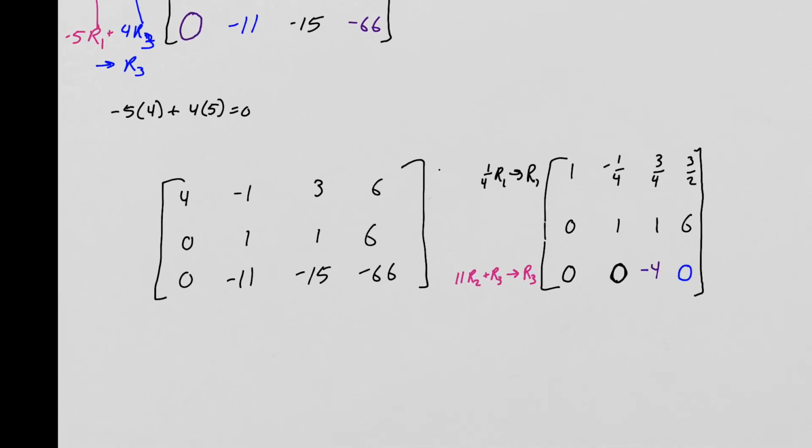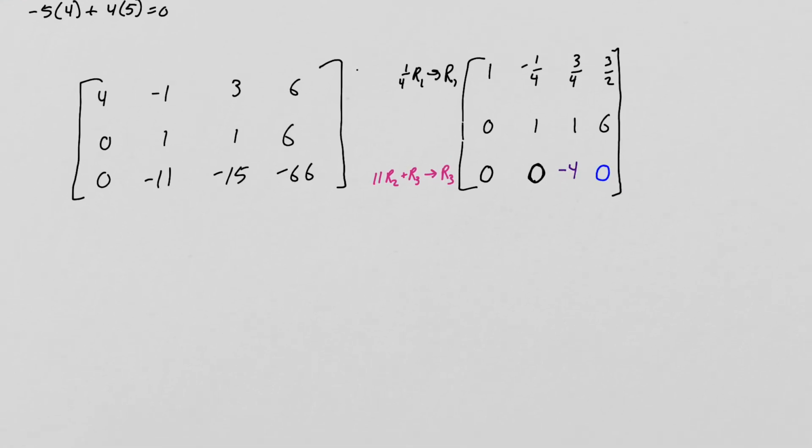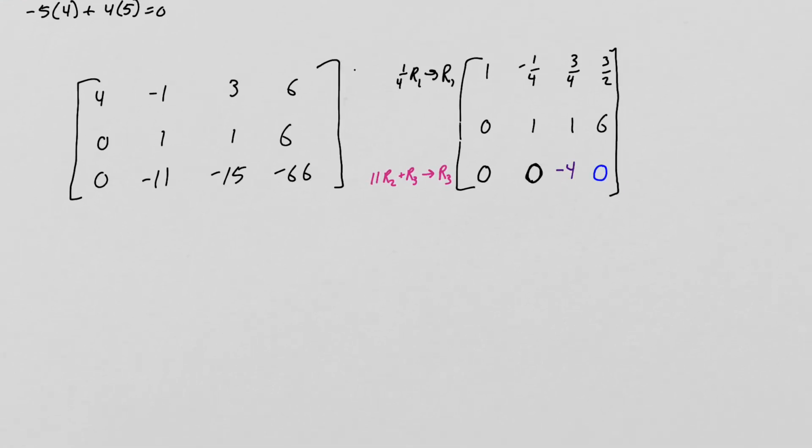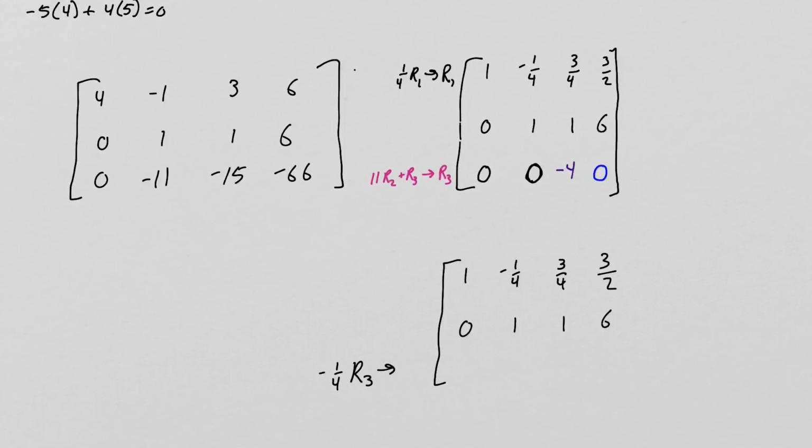We're almost in row echelon form. We just got to do one thing. We're just going to take this third line and multiply it by negative 1/4. But I have to be thorough and make this 1, negative 1/4, 3/4, 3/2. So first row is exactly the same as it was before. Second row is 0, 1, 1, 6, exactly what it was before. And this third row, we're going to do negative 1/4 of row 3,